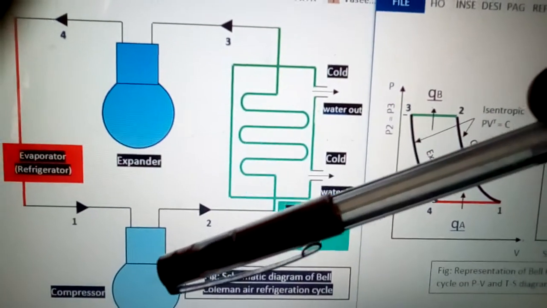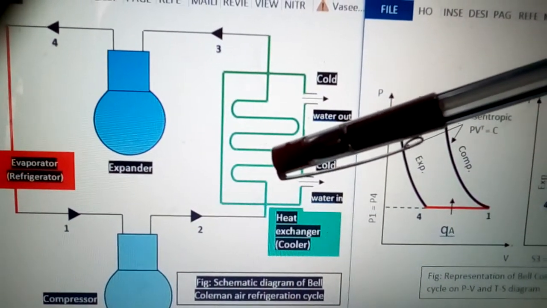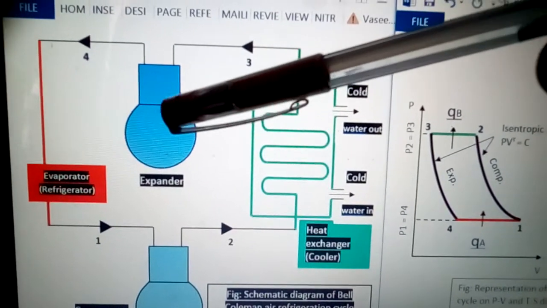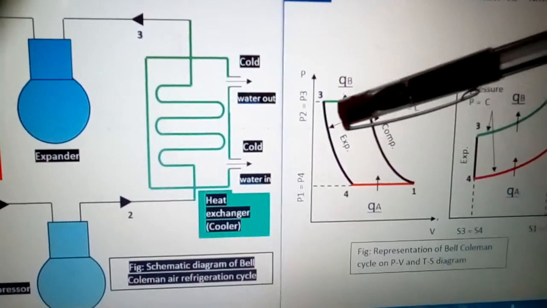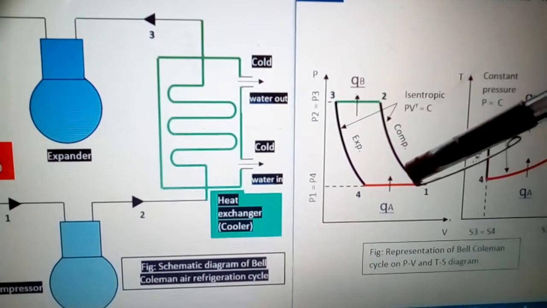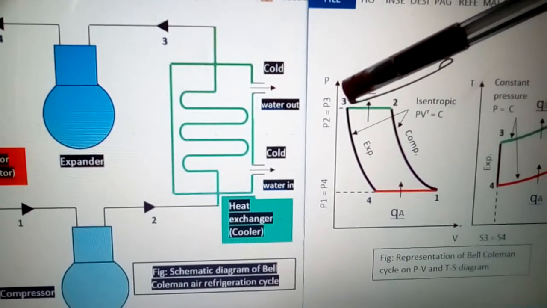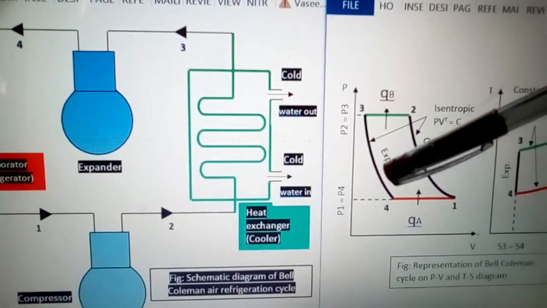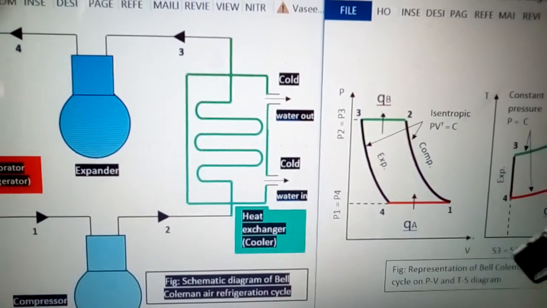So the total process is: from 1 to 2, isentropic compression; from 2 to 3, isobaric heat rejection; from 3 to 4, isentropic expansion; and from 4 to 1, isobaric heat absorption. Discussing only the PV diagram: in isentropic compression pressure increases and volume decreases; from 2 to 3 pressure remains the same, P2 equal to P3, but volume decreases; from 3 to 4 pressure decreases and volume increases; and from 4 to 1 pressure remains the same, P4 equal to P1,